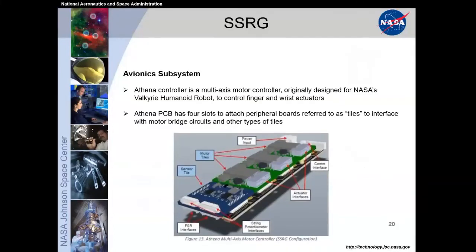Avionics system, we used an Athena microcontroller with a multi-axis motor controller. This was a custom in-house design for NASA's Valkyrie humanoid robot to control her fingers and wrist actuators. This has 4 slots to attach peripheral boards, also known as tiles, so that the entire motor controller itself is a little bit modular. You can add tiles depending on what hardware you have. In this case, we have 3 tiles for controlling our actuators, and then a sensor tile as well. But if you had a different system, you can just customize it with the tiles that interface to the Athena motor controller. Next